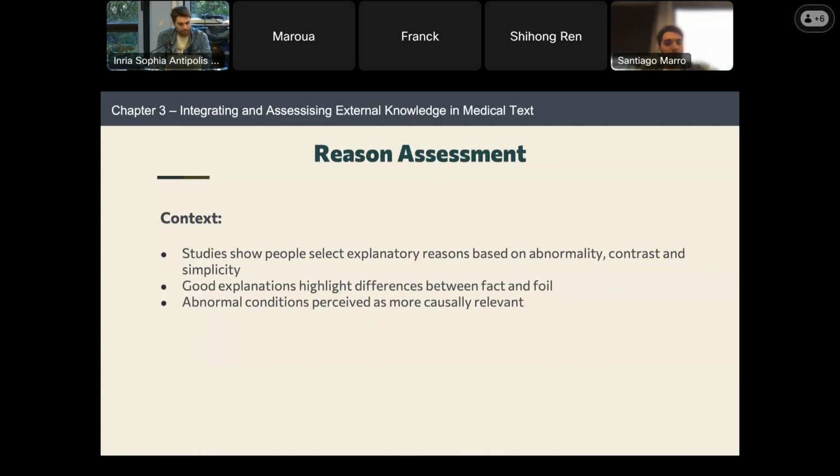So now, going a bit back to the argumentation quality part of the work, we mentioned something called reason assessment. By reasons, I mean when someone has to explain, so an explanation can be seen as an argument, of course, and when someone has to explain a situation or has to explain something, they select reasons. You select different reasons to use to be able to explain. So I will show you an example.